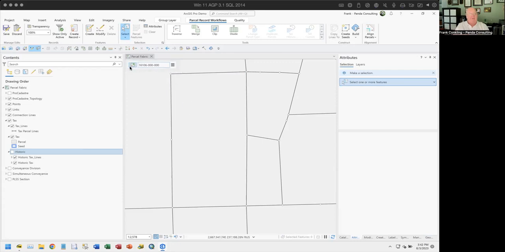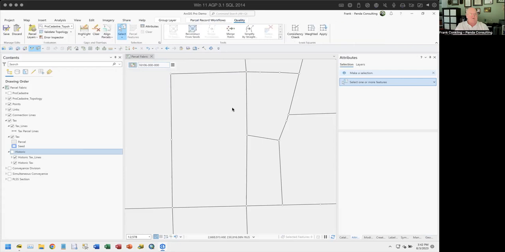Right? When I'm doing a quality-driven workflow, everything from moving points, redefining where corners are located, to adjusting edges. Let's go in here and